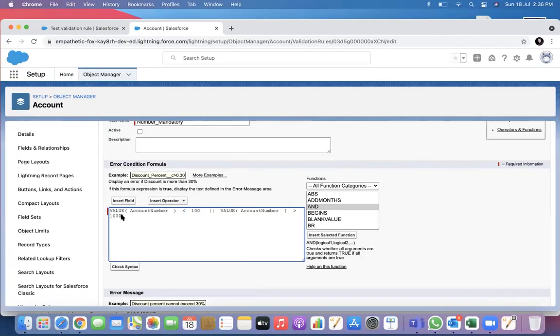So this condition, how can I remove this and-or thing? I can just put a comma in between them, and outside I write an AND. Simple. Same thing. Here for readability, I can do it like this. Very easy for you to read, right? Now, if there are many conditions, it will be very easy for you to understand what I am trying to do, what I am trying to block.